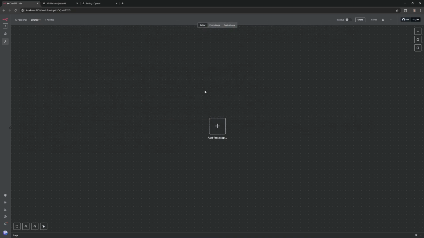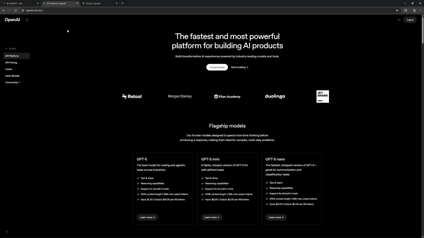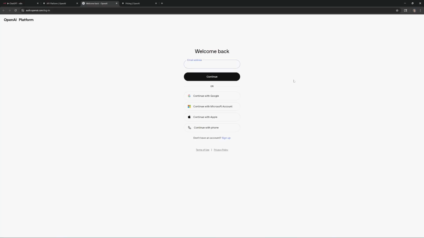To get started, we do need to create an OpenAI account to be able to get an API key to then put in NAN. The website we need to go to is openai.com/API. I'll have a link in the description for you as well. But at the top right, we want to click on Login and then choose API Platform. And here, choose the way you want to log in with. I'm just going to choose to continue with Google.